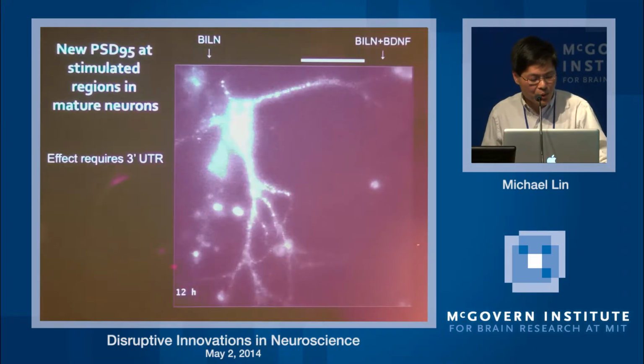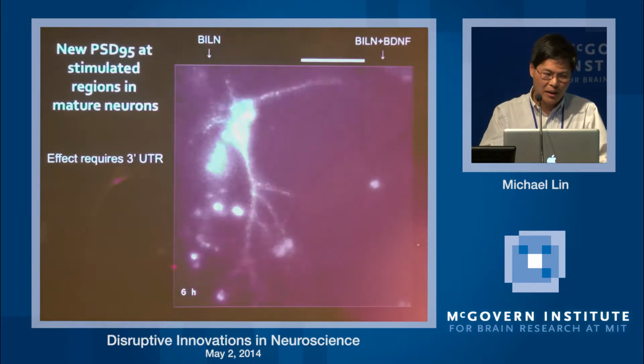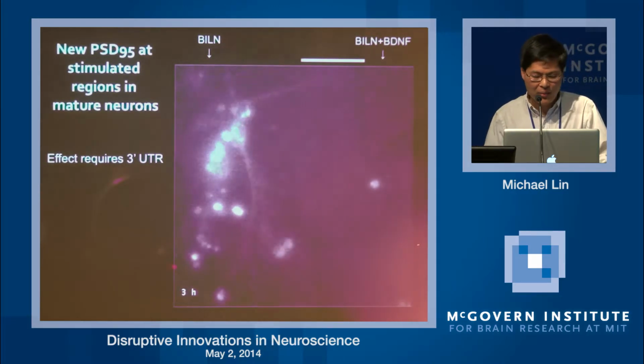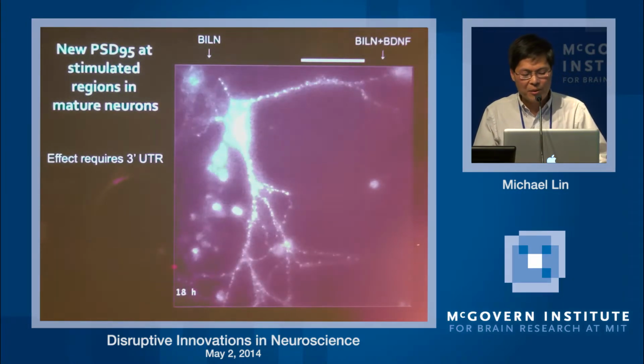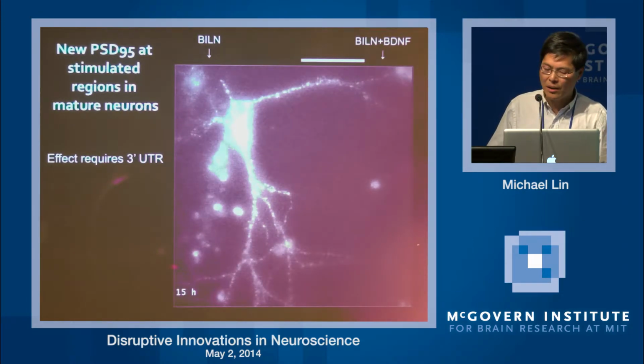So is this due to local translation? Is it due to PSD95 that's made in a cell body and then is brought to the synapse? We can't really rule out the latter possibility. We favor the former possibility. And the reason we favor it is if we remove the 3' UTRs, as we've done in this experiment, we don't